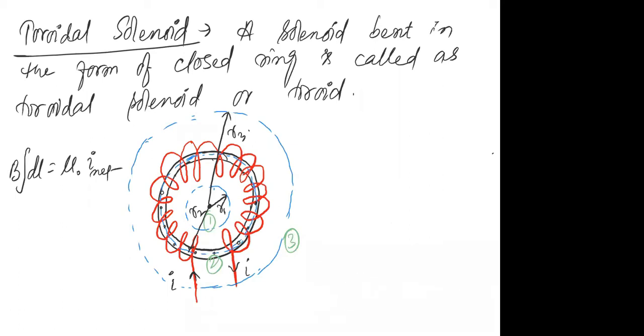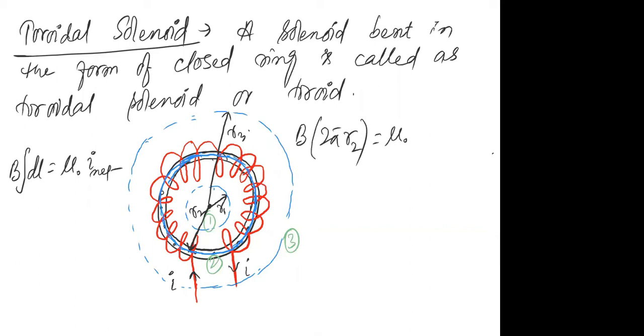What will you get if you integrate dl for the second loop? Don't you think it will become simply equal to B multiplied by 2 pi r2? I have taken the radius of the second loop as r2. So the line integral over this second loop will be exactly equal to the circumference of this loop, and the circumference will be 2 pi multiplied by r, and the radius of this is r2. That is why I'm writing it as r2. This must be equal to mu naught multiplied by net current.